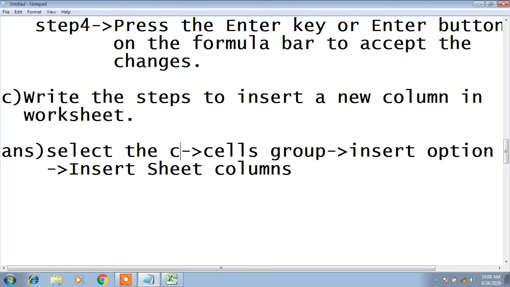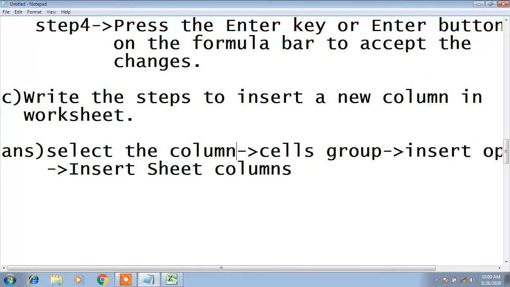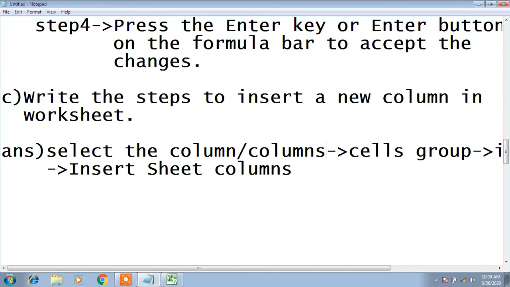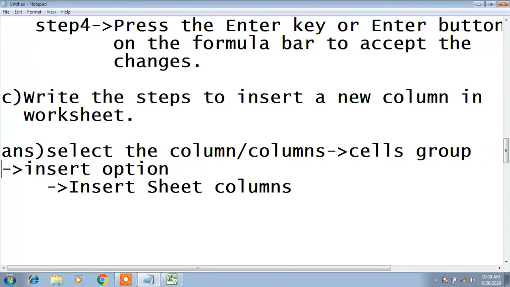Select the column or columns, then cells group, then the insert option, then in the insert option we have insert sheet columns.